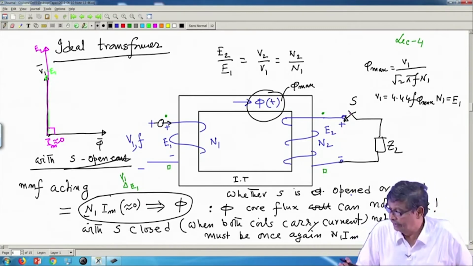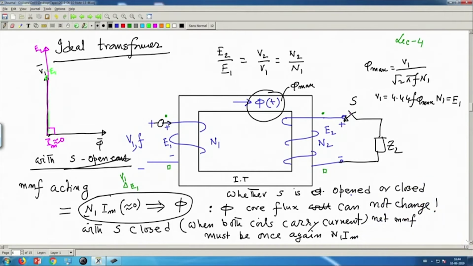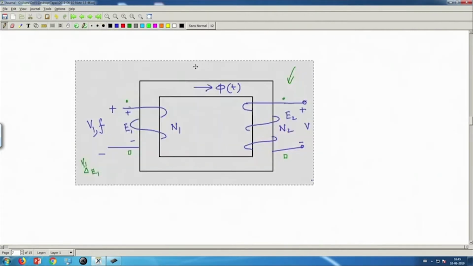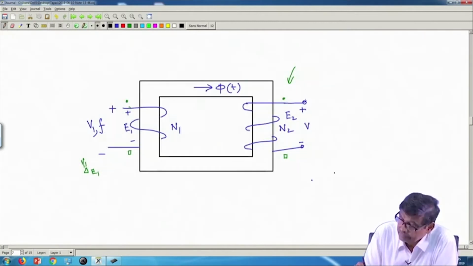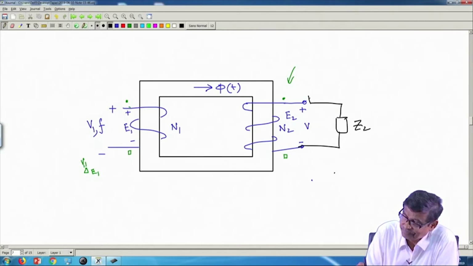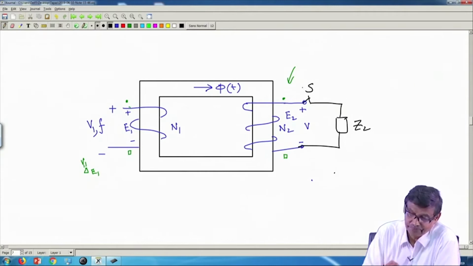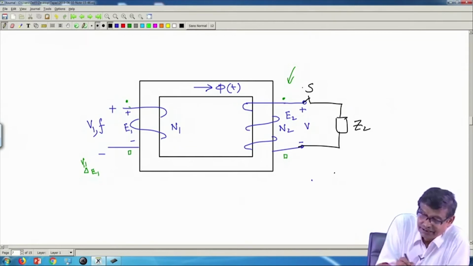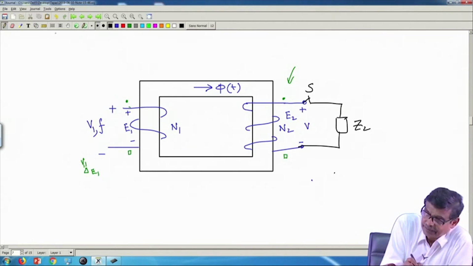Okay. So, let us see what happens, what I mean by this. This is the most interesting part of it. So, here what I am telling, we are now discussing this thing Z2. This is my S. And instead of telling that Im is 0, I will tell let the magnetizing current be very small, finite. So, initially N1 into Im